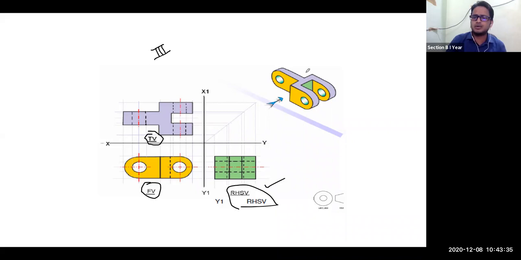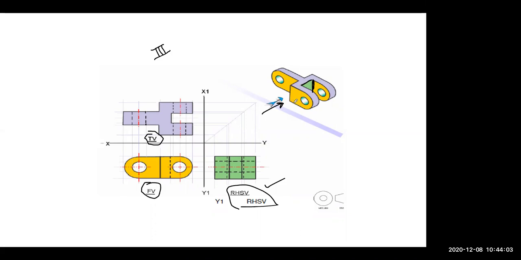So here the color coding is clearly given. If the observer is looking from this side, yellow colored faces will be visible. But the point to be noted, there is one line over here, this line, it is there but it is not visible from the front side. So its projection, if we see, will be somewhat over here at this location.